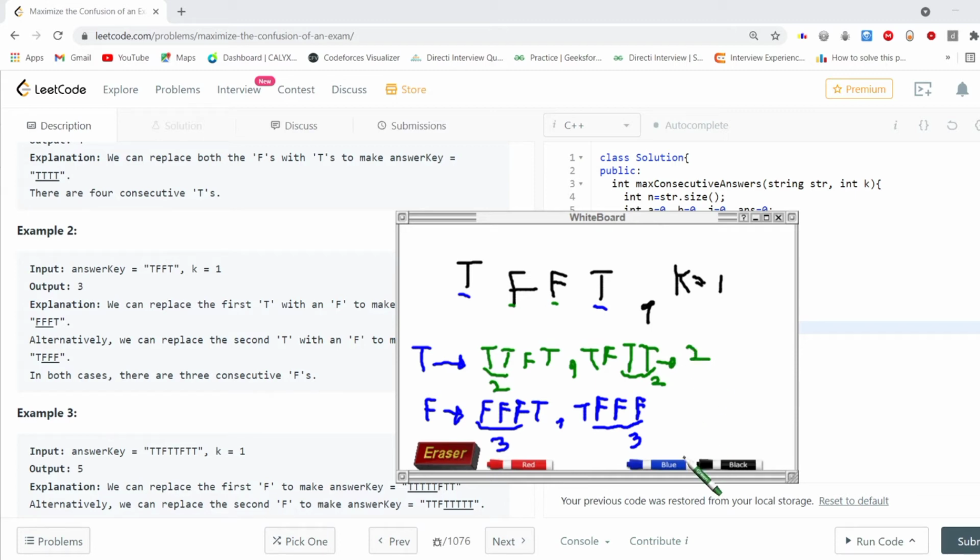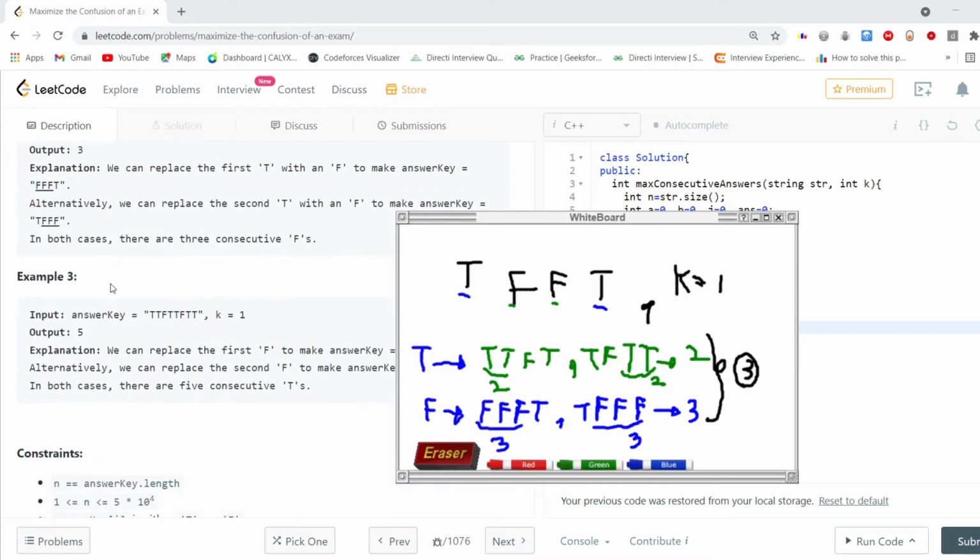So the max of both of them is 3. We can make the max number of consecutive F's by replacing one T. So here the answer is 3.